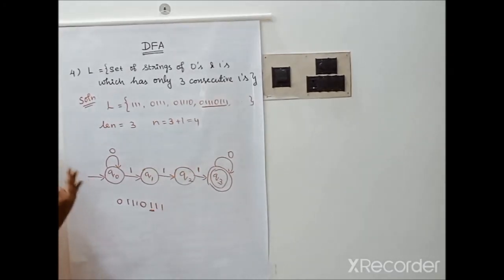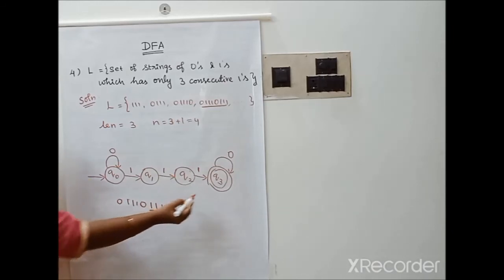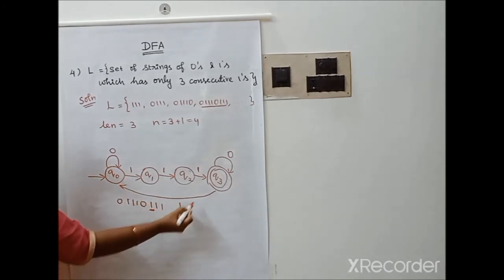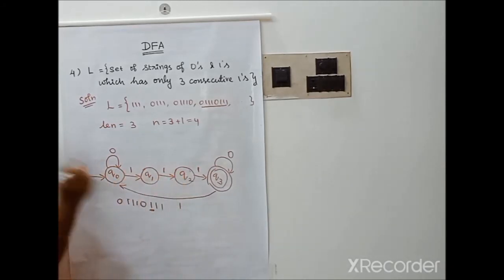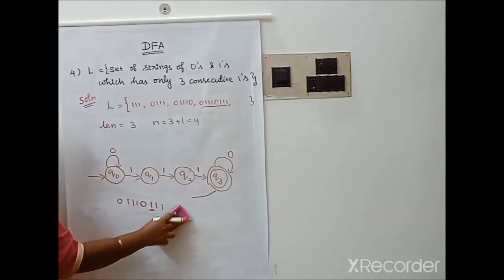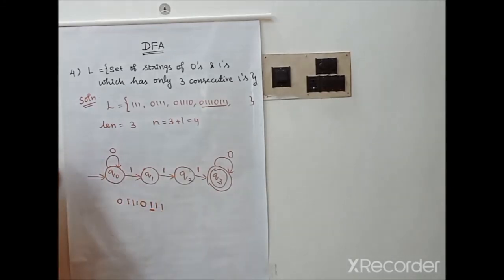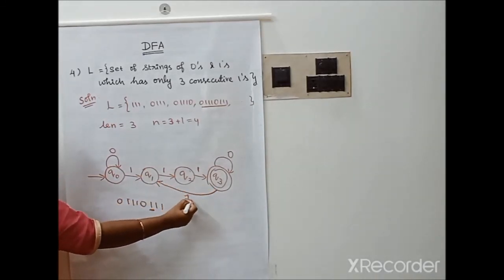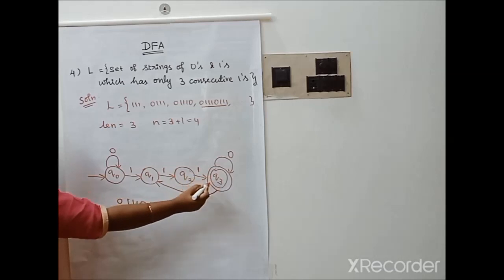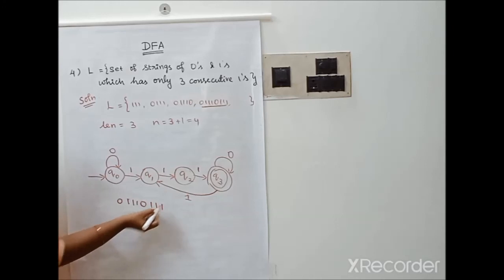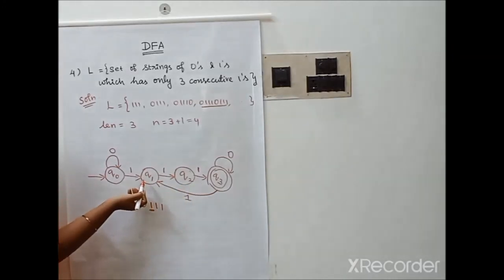So for the first one, where it needs to go? If it goes to Q0, this is the first one. Next, second one, third one, fourth one. Only at the fourth one it reaches the final state. Therefore, this transition is wrong. Therefore, we cannot make the transition from Q3 to Q0. If it goes to Q1 for the first one, this is the transition for first one, second one, third one. So, 3 consecutive ones reaches the final state. Therefore, for this one, from Q3, it changes the state to Q1.